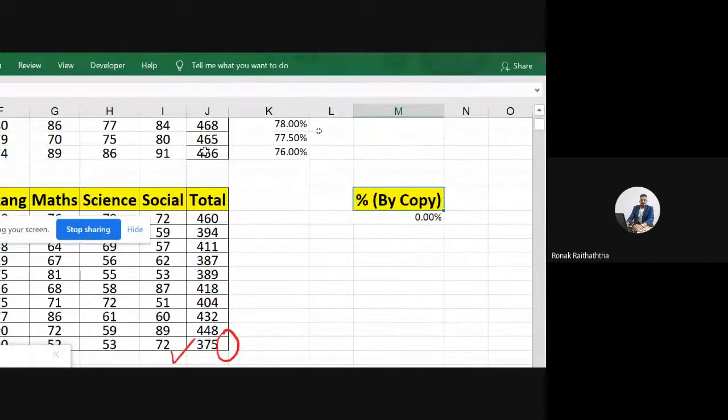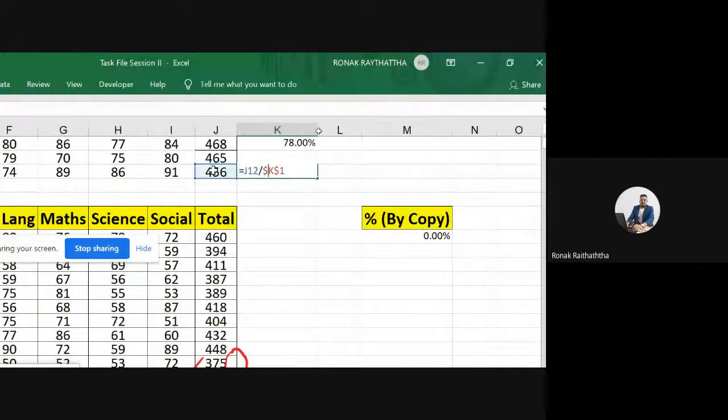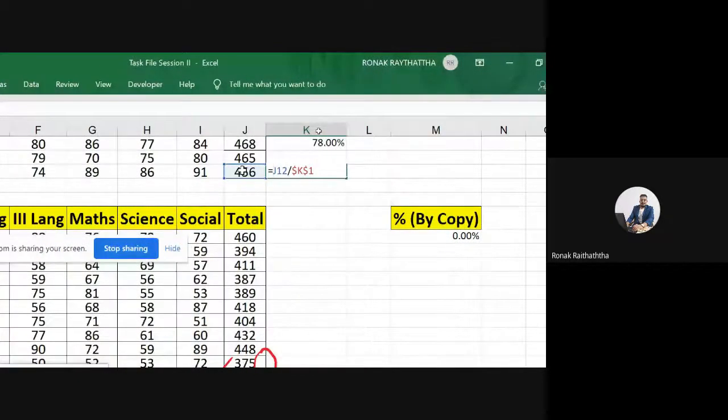So my friends, what we had done was, we had locked over here J12, but it was partially locked. The dollar sign was inserted only against J, not against 12.